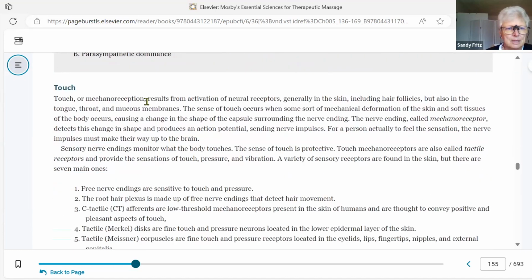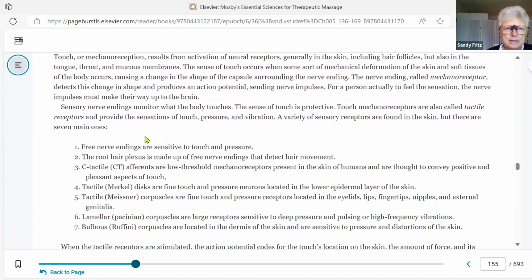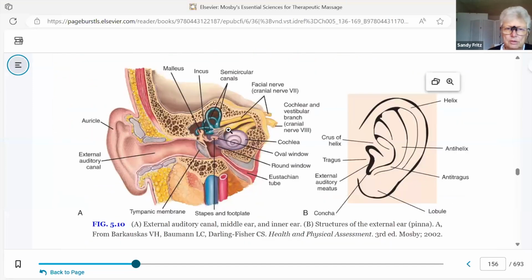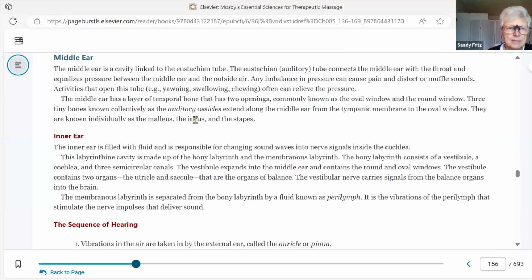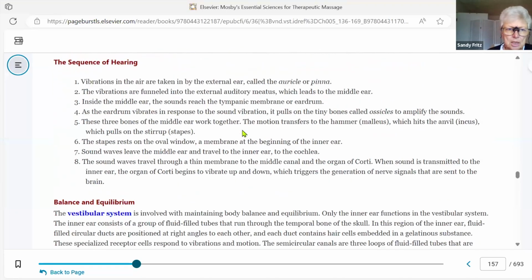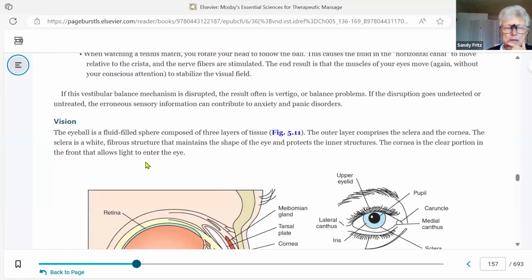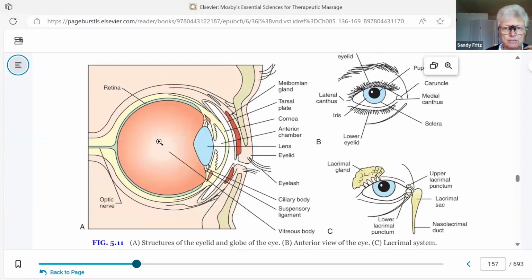So touch in particular is talked about here. It goes back and talks about some of the receptors we already mentioned. Then we've got hearing and the structures of the ear. Generally, you'll want to have an idea of this. Don't memorize, except pay attention to the vestibular aspect. Vision, we combine a lot of our understanding of our world as well as ourselves in our environment, which is processed through the visual sense,